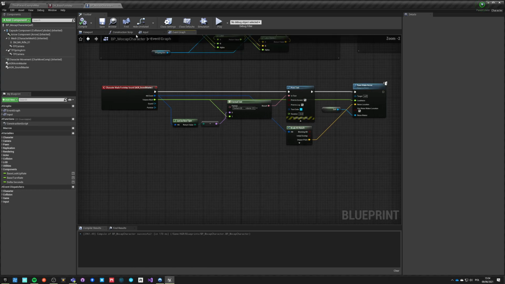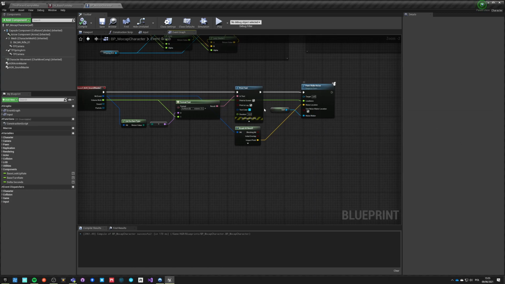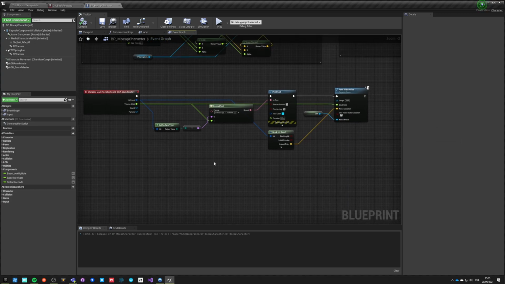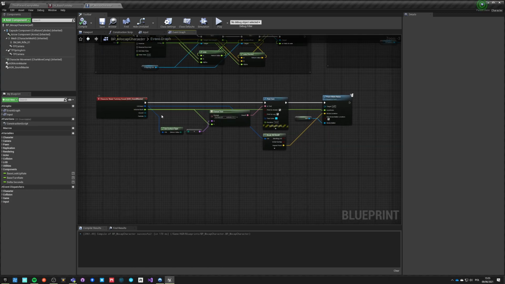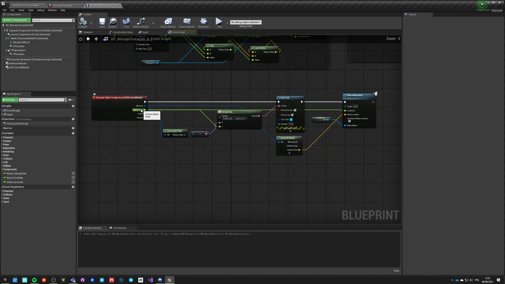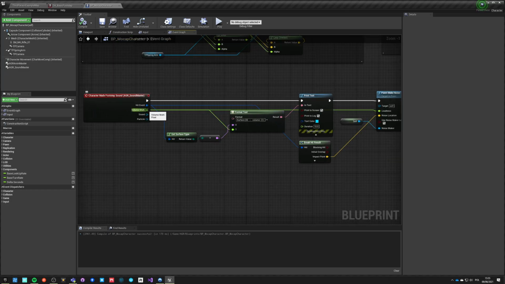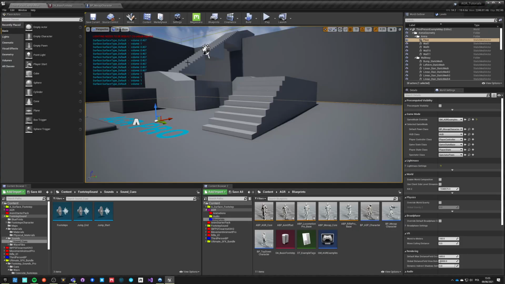And compile, and now our character, when it's walking, is actually making sounds that can be heard by any AI based on certain distance and loudness. And this is being calculated automatically, so this value can go between 0.2 and 1. It can't go below 0.2 right now, but if we want to, we can go here